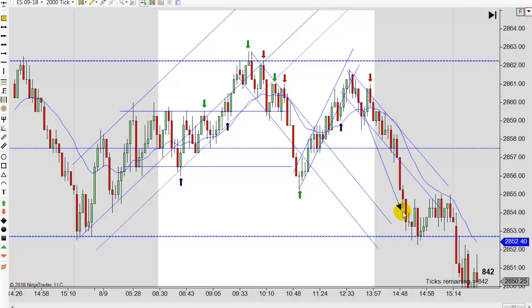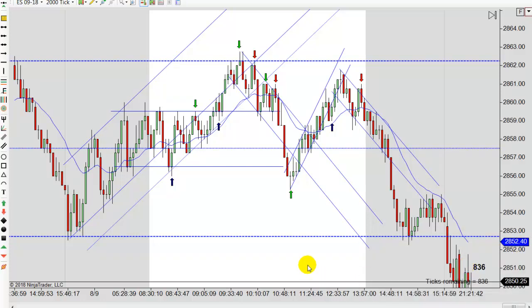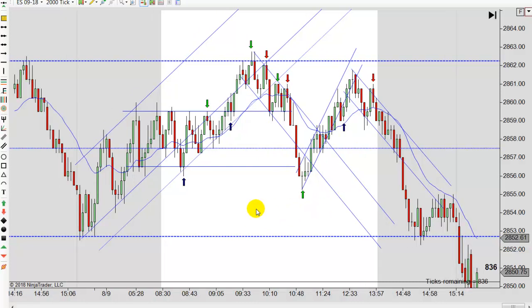That would have given you a target of here, but we went on down, and this would have probably been my target, really, these overnight lows. If you keep going, that would be where I'd look to exit if prices keep moving. So a few more trades today than what we have been having. Not a lot still. 1, 2, 3, 4, 5, 6 either blue or red ones, and a few greens that you could argue a couple of them either way. That possibility. So not a bad trading day,